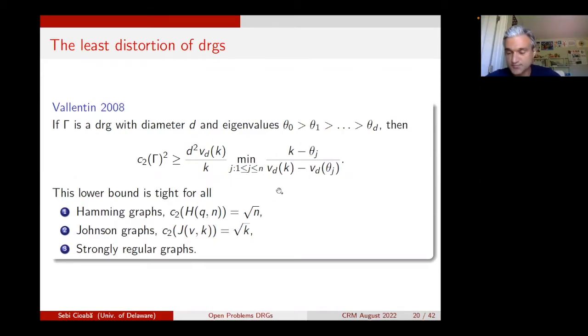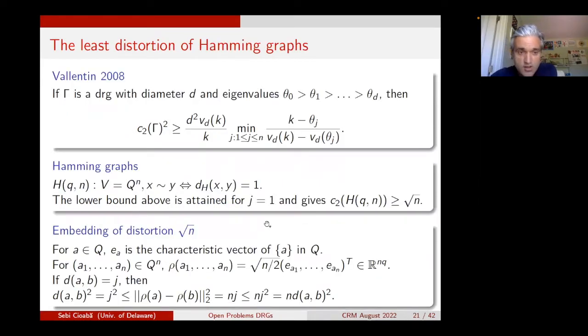You can figure out these numbers, and you get a lower bound. So let me show you here. This is for Hamming graphs. Vallentin found an expression for the eigenvalues of Hamming graphs and the distance matrices of Hamming graphs involving these Krawtchouk polynomials, and he proved that the lower bound, this minimum, is attained for j equals 1, and when he plugged in and did the calculation, he obtained that this least distortion parameter is at least